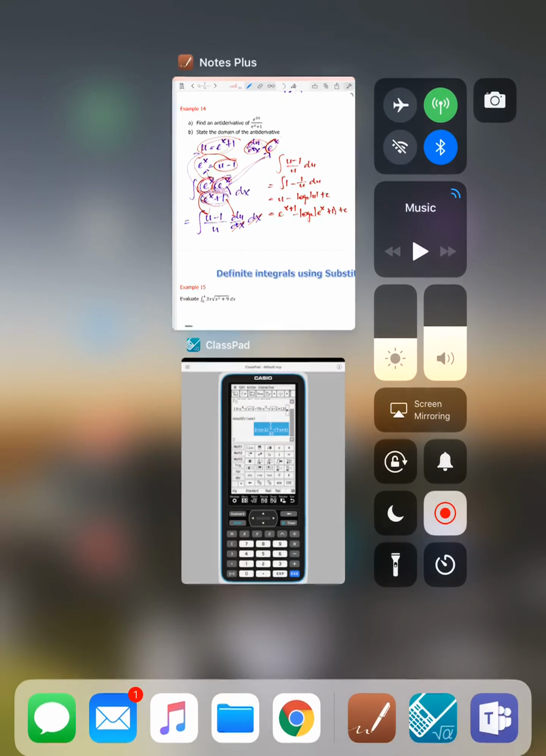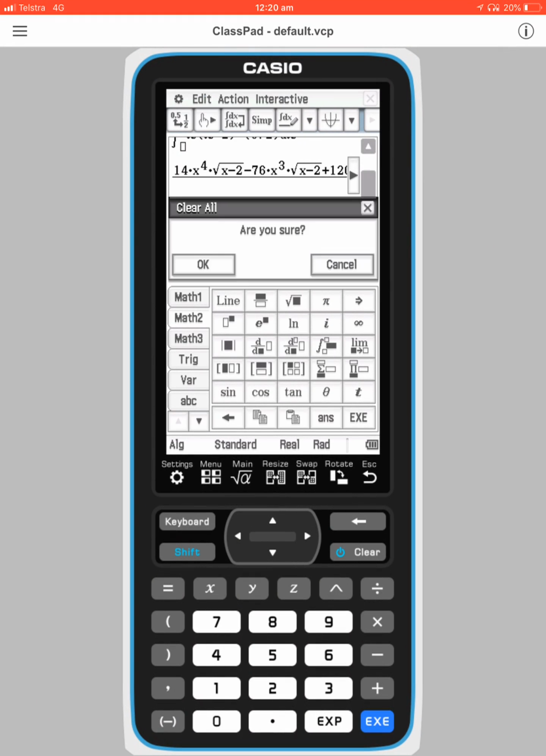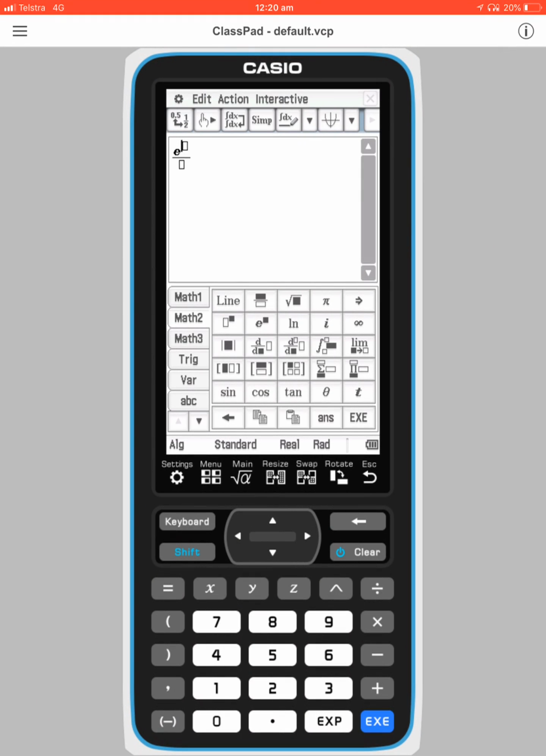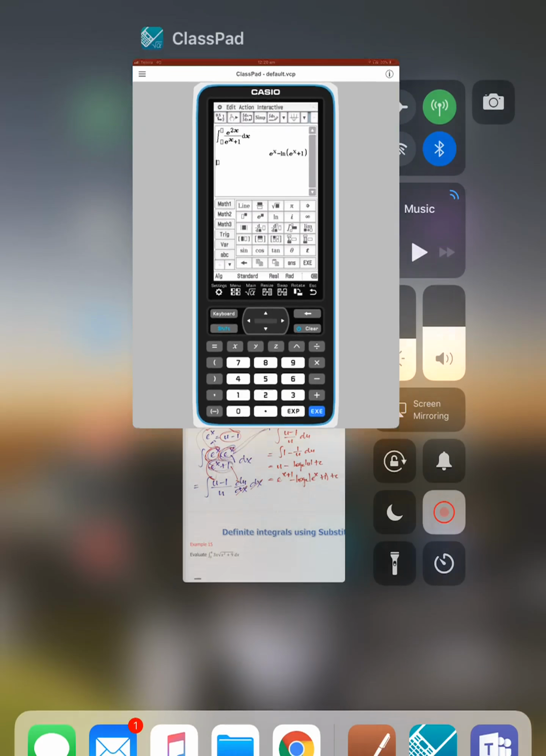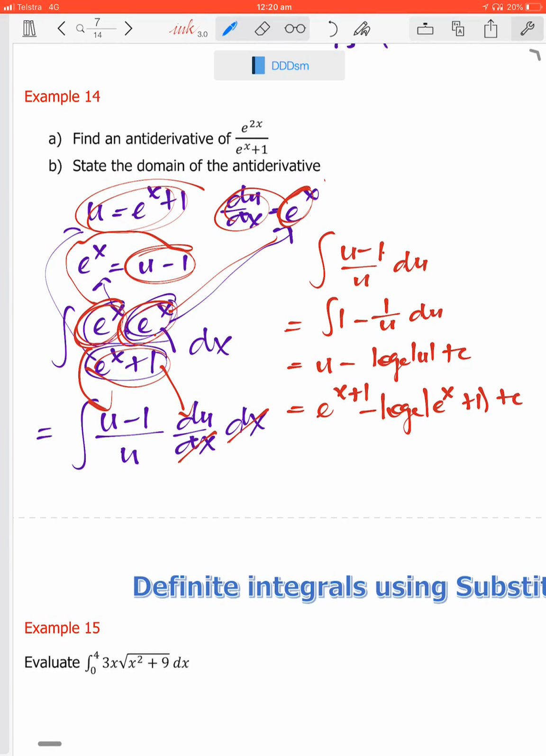Let's have a look and see e to the 2x on e to the x plus 1. So e to the 2x on e to the x plus 1. Let's integrate it with respect to x. So we get e to the x minus log e of e to the x plus 1, where u is e to the x plus 1